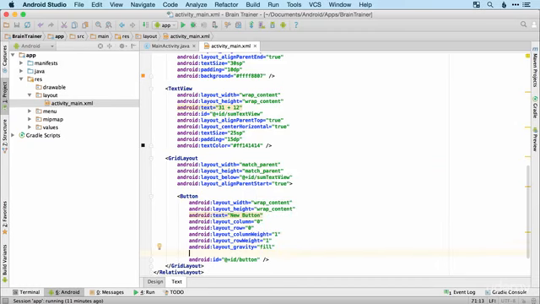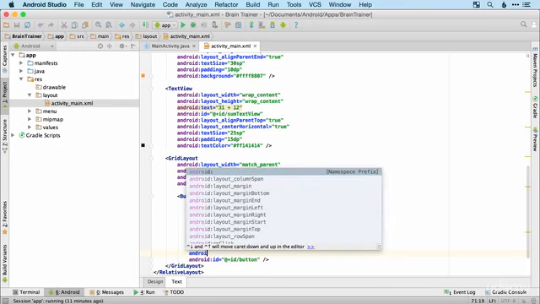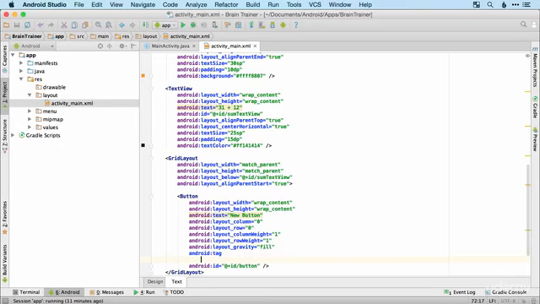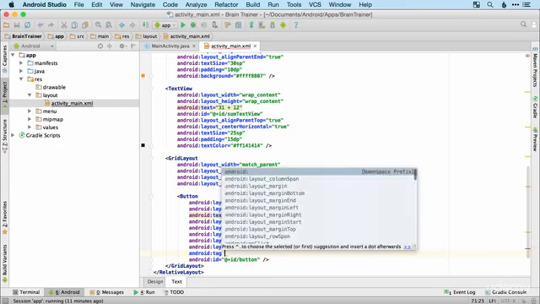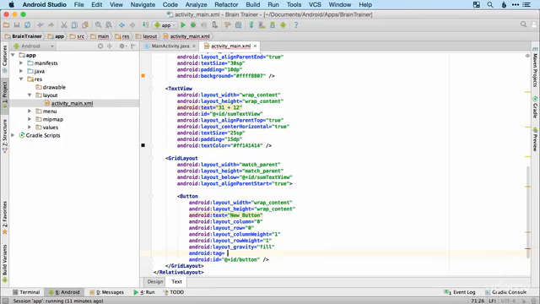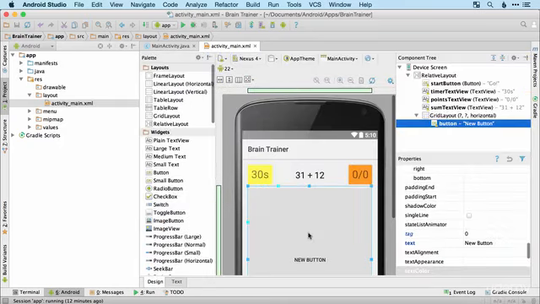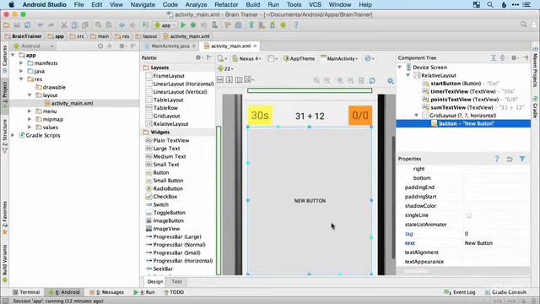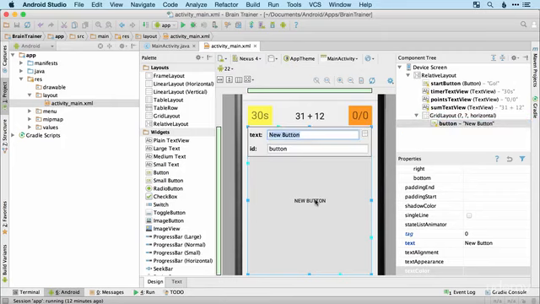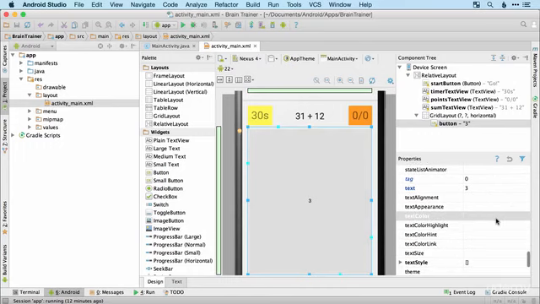And now this is the new bit. I'm going to set a tag and this is what I'm going to use to refer to my buttons. So this one's going to be the first one, so it's going to have a tag of 0. So we'll see how to use that in a bit, but there we go. So my text for the moment is just going to be a number. So number 3, the text